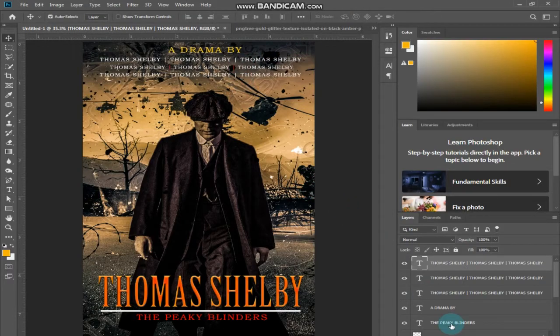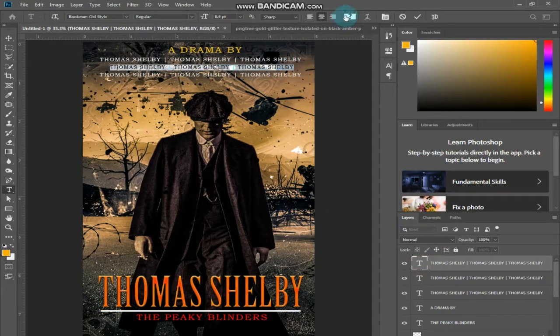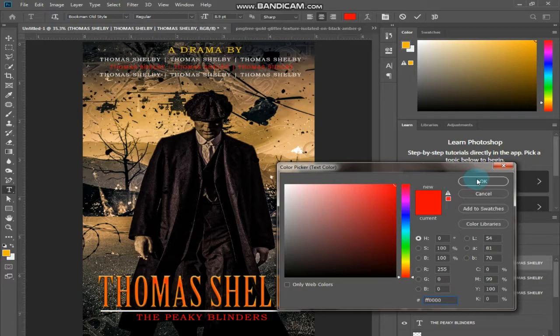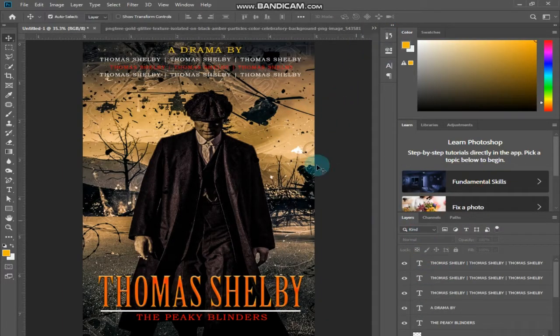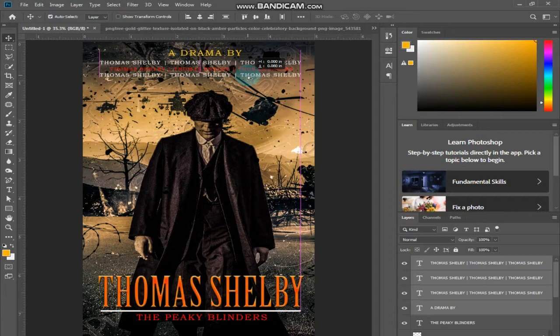Or I think I may change this whole line to red. It will be a good idea. Okay, so it's looking fine. I will decrease their distance, and it's looking nice and cute. So here our poster is ready.